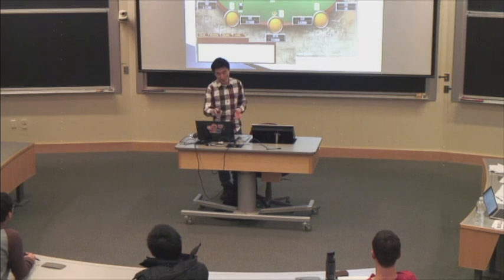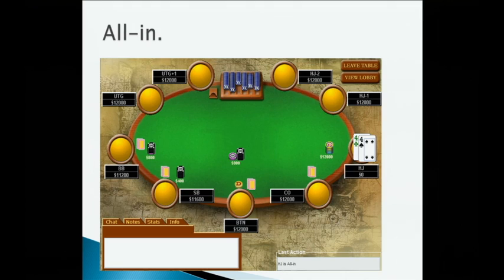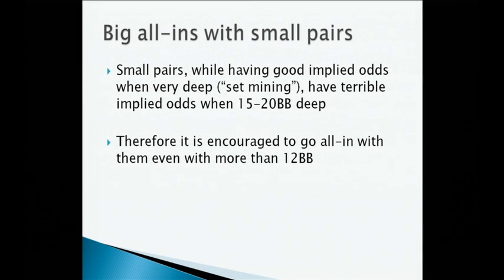Okay, a few more pointers about going all in pre-flop. So here, this is definitely a good play, I think. You have pocket fours from hijack. You have 15 big blinds, which is more than what I said you should go all in with. But going all in is a good play instead of just raising to two times the big blind, because small pairs, while having good implied odds when very deep,